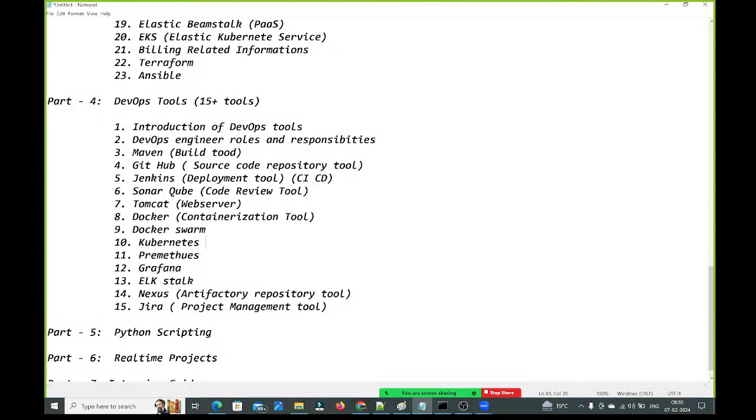What is this Kubernetes, guys? Kubernetes and Docker Swarm both are orchestration tools. Prometheus, Grafana, and all these things are monitoring tools, guys.